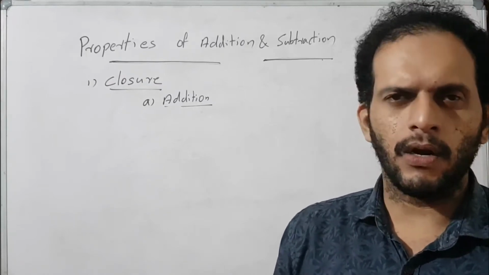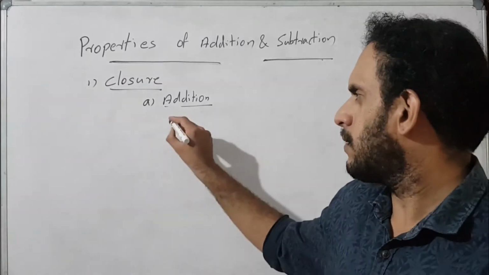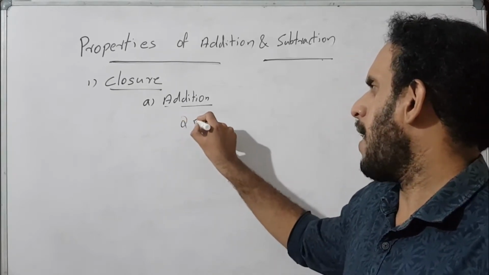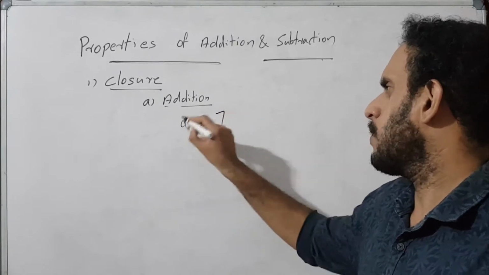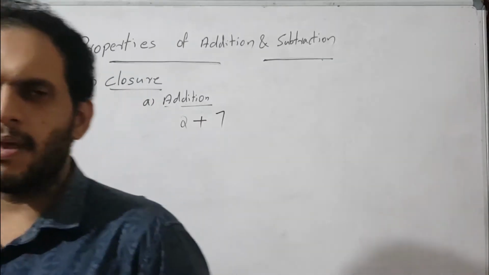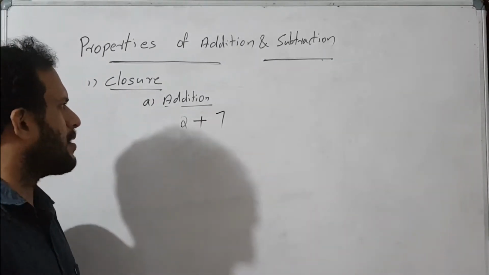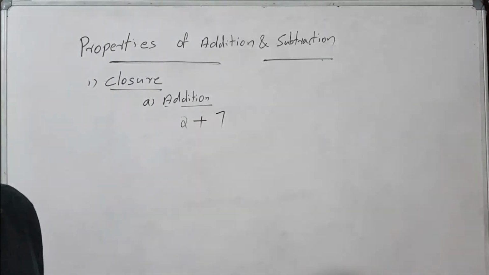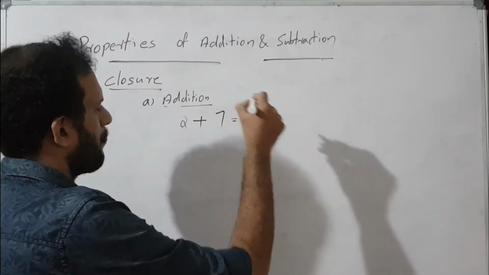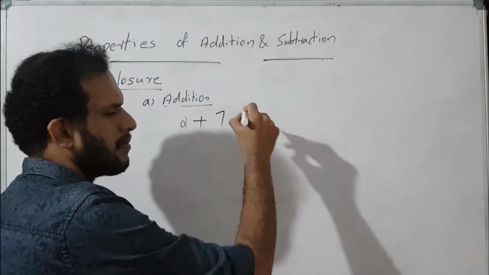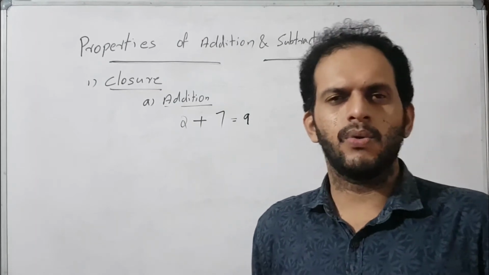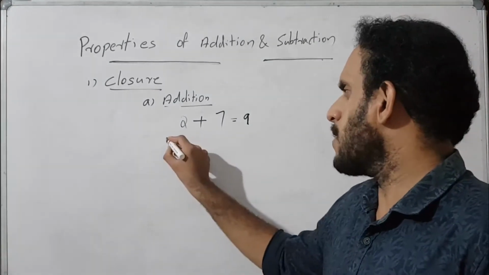For discussing the closure property, I choose the integers 2 and 7. We know that 2 is an integer, and 7 is also an integer. Then we add 2 and 7. The result is 9. The 9 is also an integer. Next, I choose the numbers